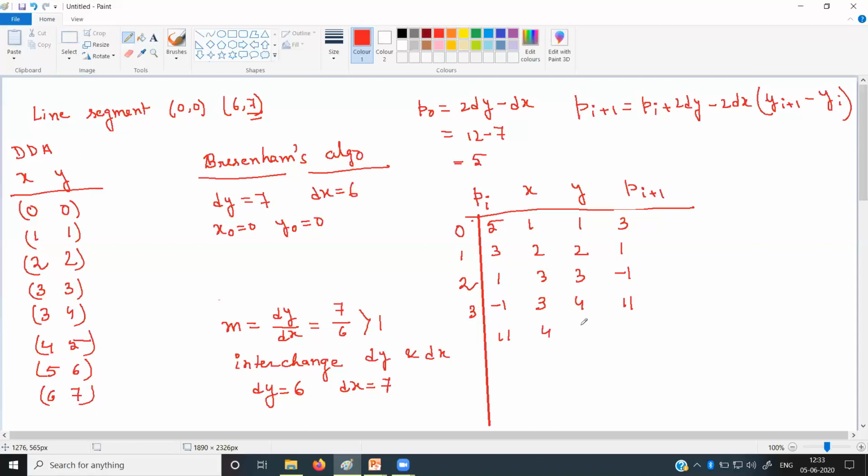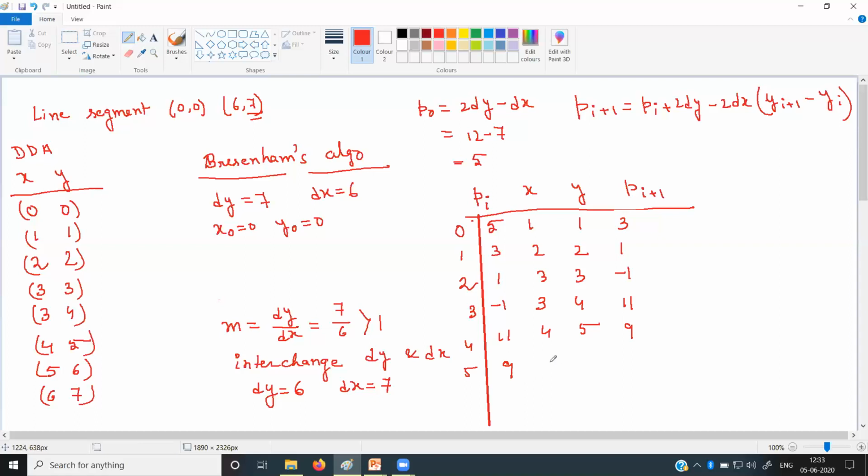So it will be 4, it will be 5. And based on that, again you have to compute the error value. So if you compute the error value, you will get 9. So as it is 9, this is our fourth iteration and fifth iteration, 9 will come over here. So 9 is greater than 0.